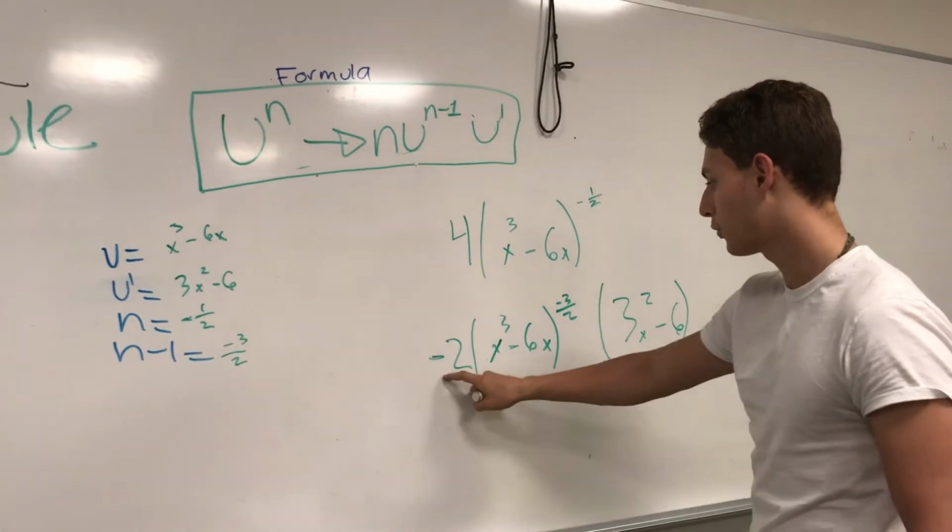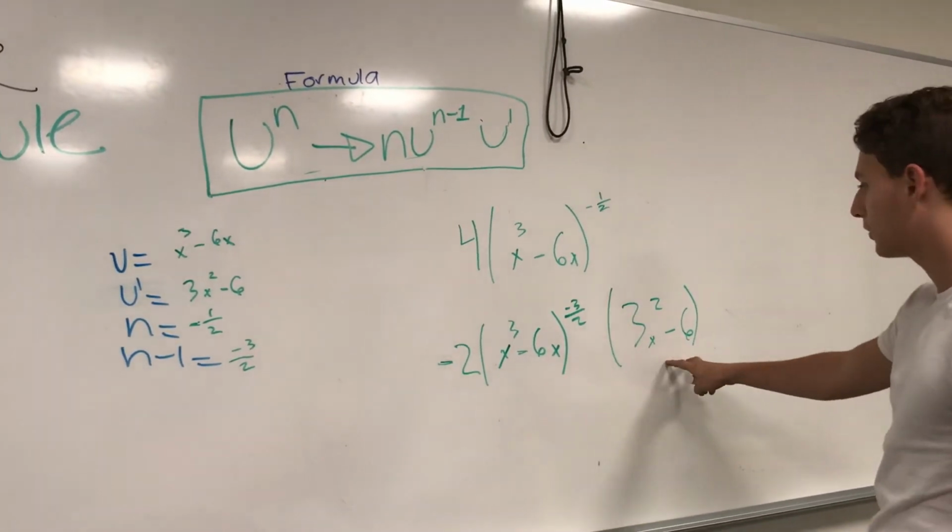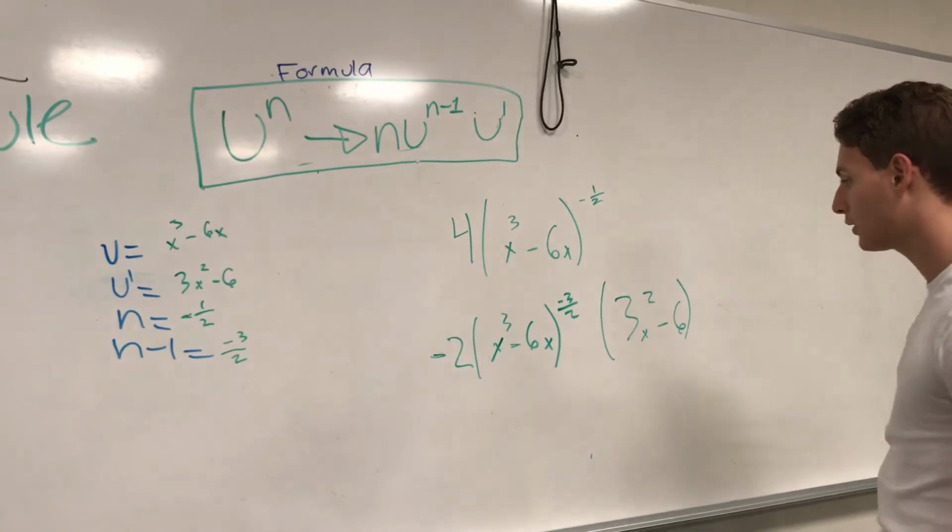So right here, we're gonna multiply minus 2 times this, because this does not have an exponent,